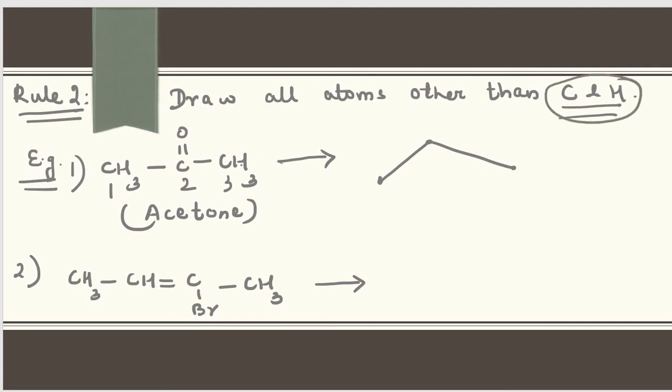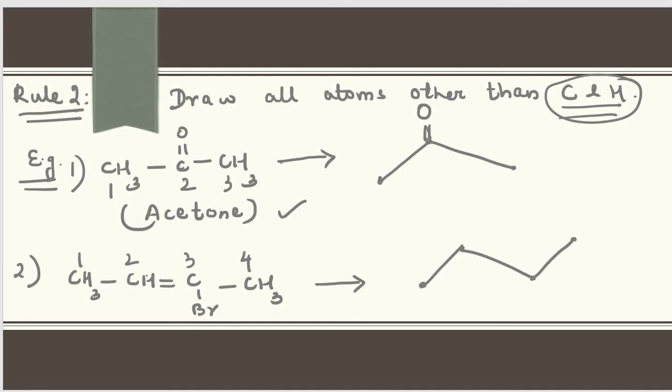So after representing, you can see that in the second carbon atom, there is a double bond O, or it is what? It is a ketonic group. The name of the compound is acetone, which we will study later. So the bond line representation is like this. Now in this case also, how to represent it? 1, 2, 3, 4. 4 carbon atoms are there. So we are going to represent it as 1, 2, 3 and this one is 4.